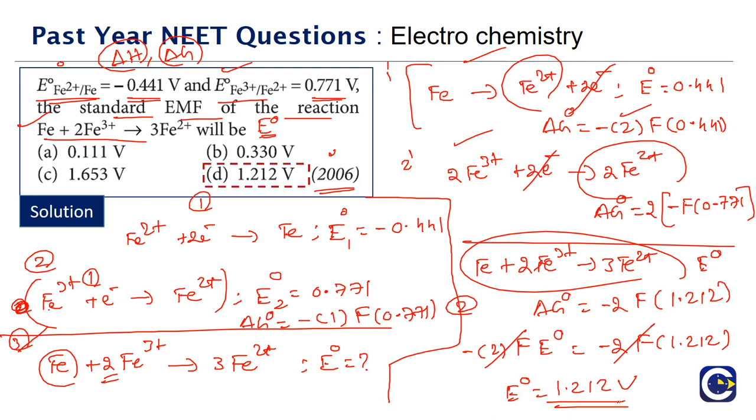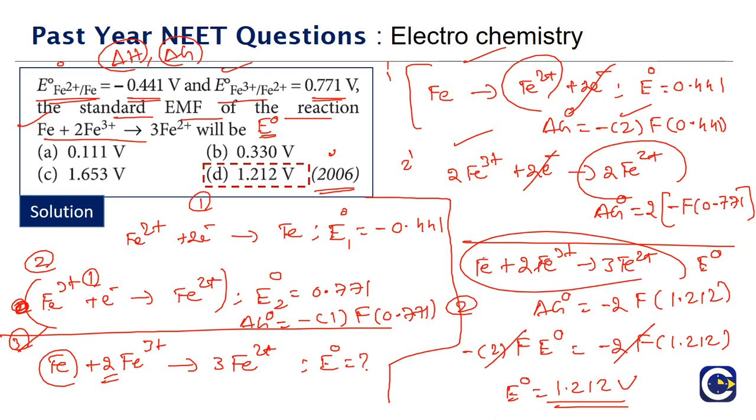So this is a very standard type of question. Whenever a set of equations is given, their E naught values are given, and they are asking us to find E naught of an unknown equation, we cannot directly relate the E naught values. We can only relate the delta G values. And what is the principle of relating delta G values? If you have a set of equations, by adding them we will get the overall equation. The overall equation's delta G will be equal to the sum of the delta G values of the individual equations.